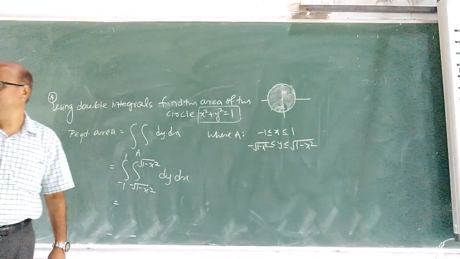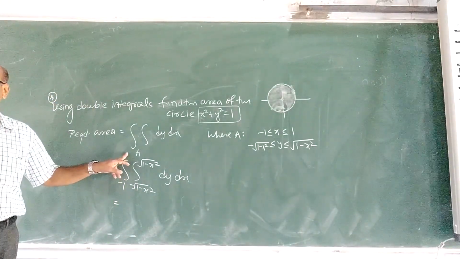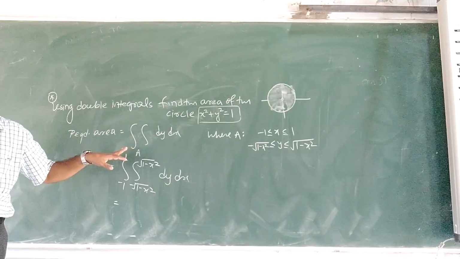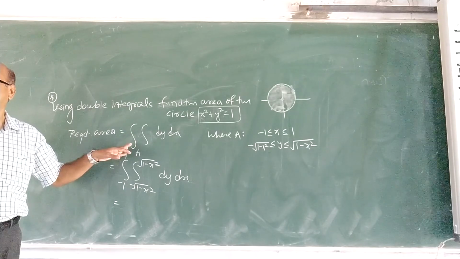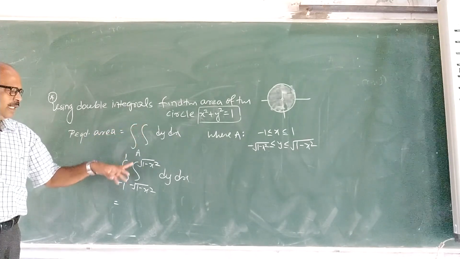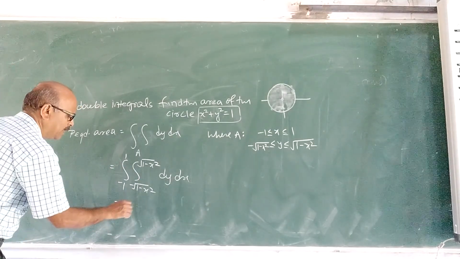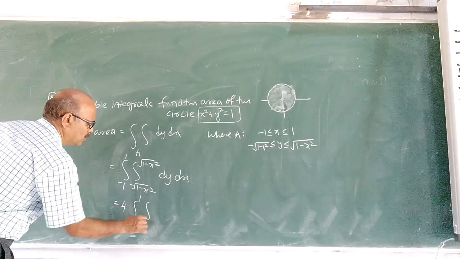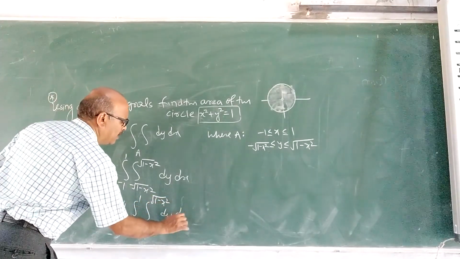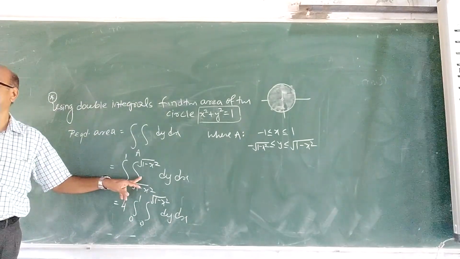What is the next step? Minus a to a is 2 into 0 to a. Correct? 2 into 0 to a. Properties which are applicable for single variable definite integrals are applicable for this also. We use this as a repeated integral. Can I write 4 here? 4 into 0 to 1, 0 to root 1 minus x square, dy dx. Two integrals are there, 2 from this, 2 from that, so 4.